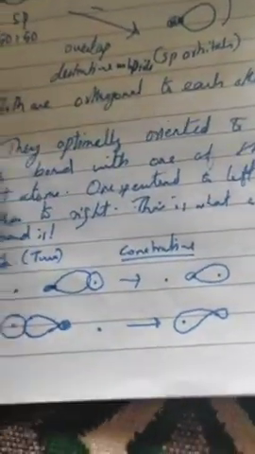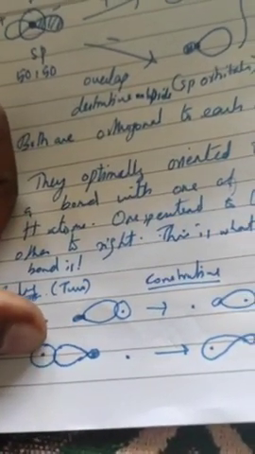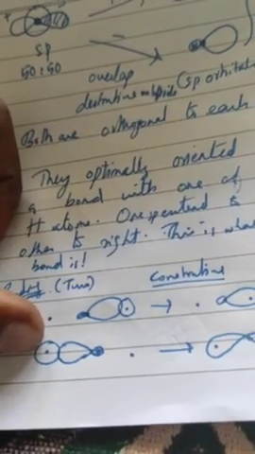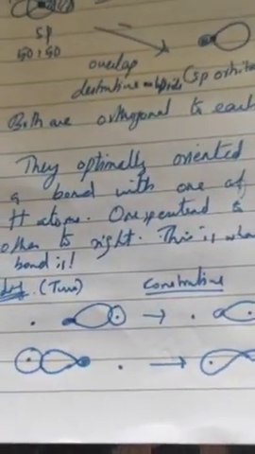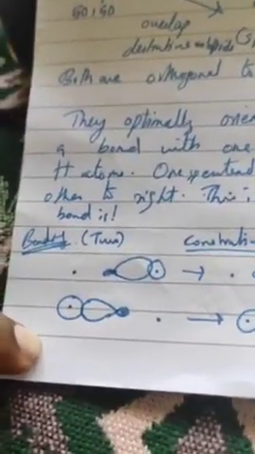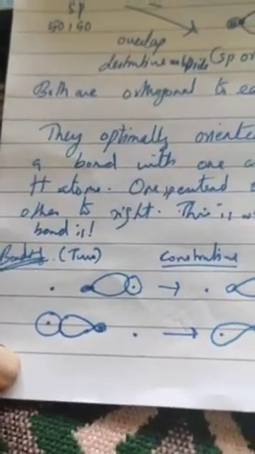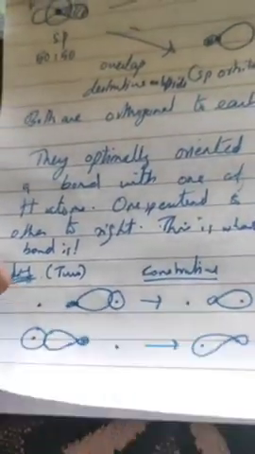And in the second case, the hybrid orbital is mixing with the 1s orbital of the opposite hydrogen atom. And finally, you are getting an orbital like this. This is the sp type of hybridization. And this is considered the bonding orbital, which results in this type of overlapping, which will result in the bonding of orbitals. And also there are two other possibilities, that is anti-bonding or destructive type of bonding,